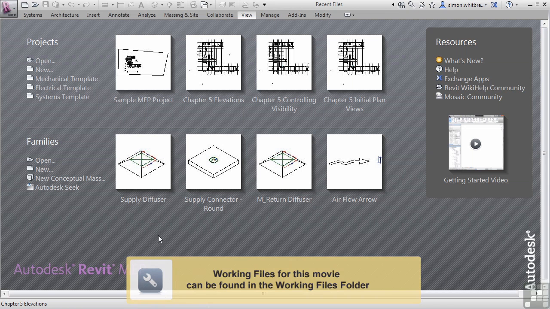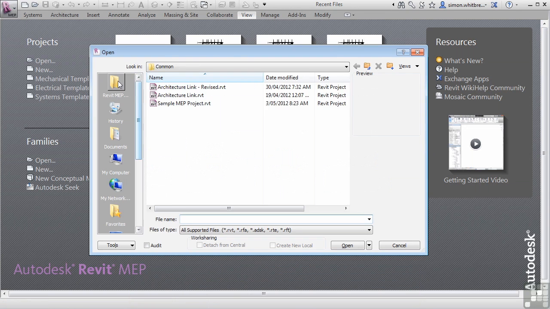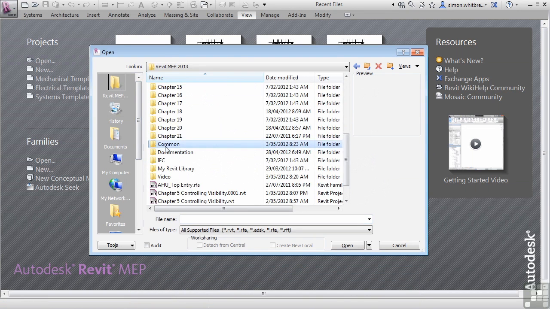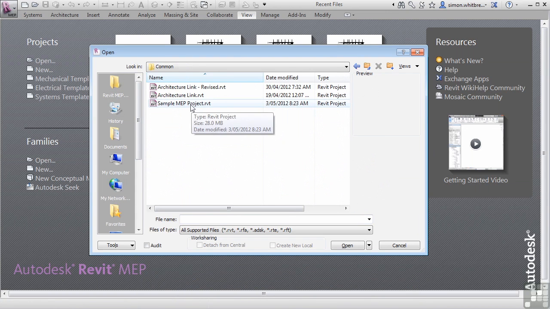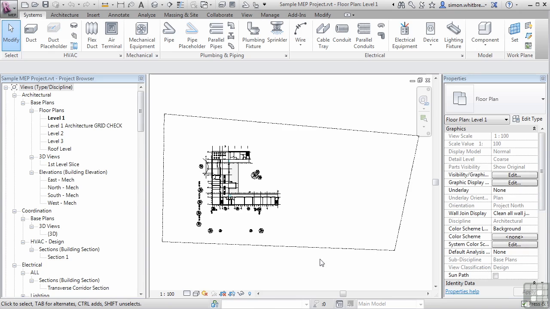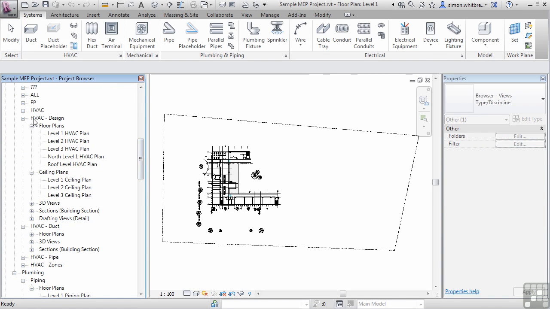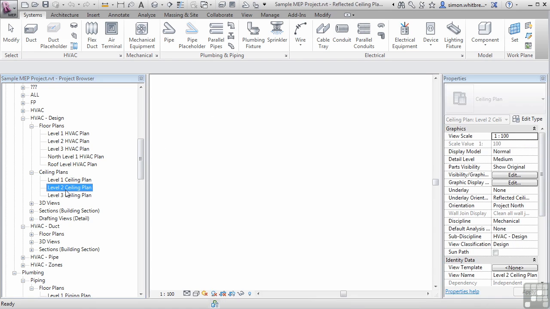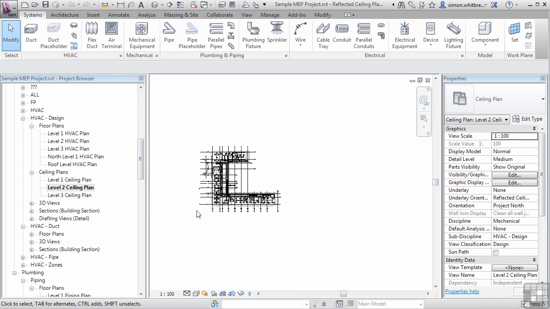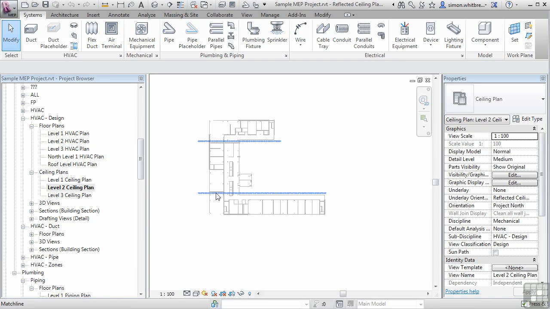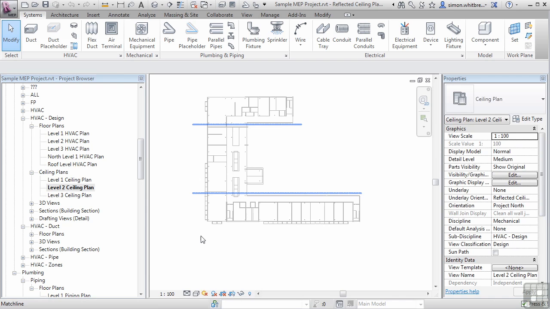Setup screen, click on Open, browse to your common folder, and open the sample MEP project. From the project browser, scroll down until you find the HVAC design, ceiling plans, level 2 ceiling plan, and open that view. If we scroll into this plan, we can see that there's a certain amount of work being done